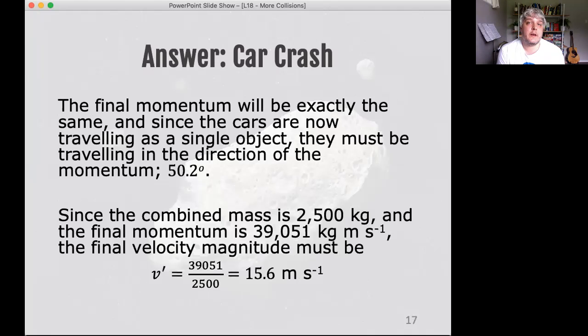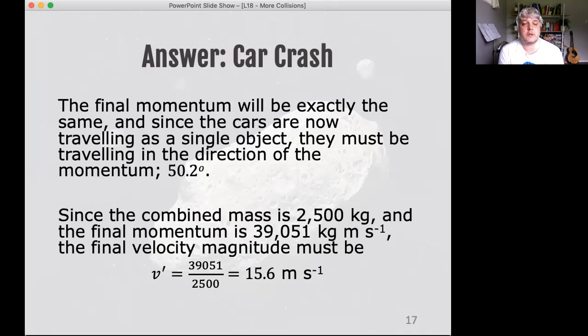Final momentum, we know, will be exactly the same because we are assuming a collision, a physics collision. That's what we're assuming, so no change in momentum. Since the cars are now traveling as a single object, they must be traveling in that direction of the final momentum. Right? That total momentum is not going to change direction throughout the crash. And if our objects are now one object and have a single velocity vector, that velocity vector must be pointing in the same direction as the total momentum vector, because otherwise the total momentum just wouldn't match and it would have changed, and that would be